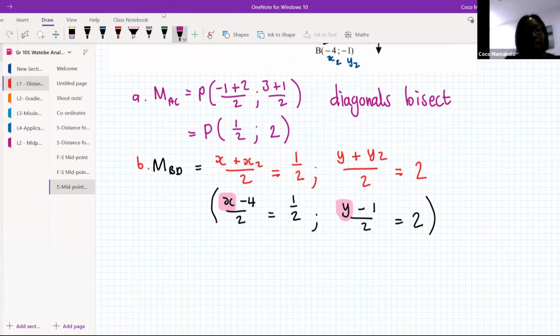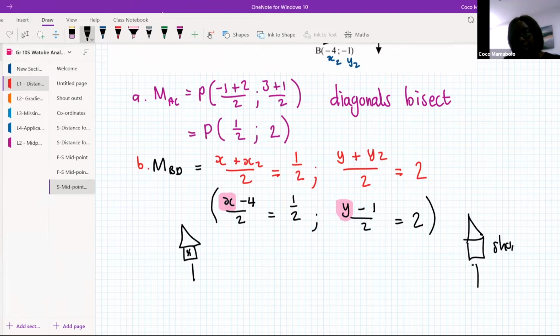Okay, so I'm going to ask you guys now, if I told you that this is my house, right? This is my house over here, and the shop is over here. This is the shop. The shop and my house look exactly the same. Okay, don't ask me how. If I tell you guys that halfway